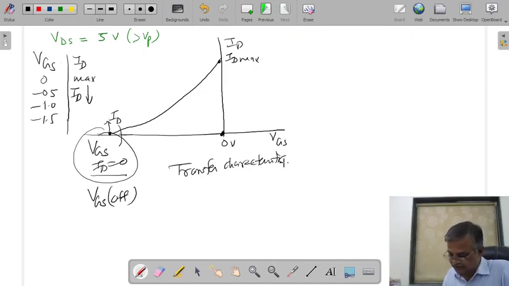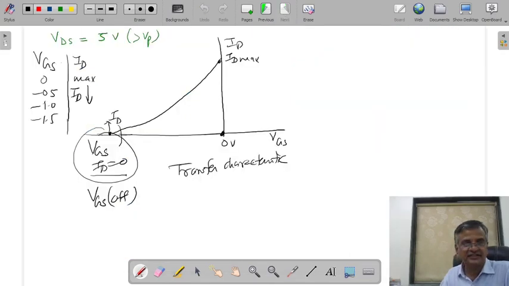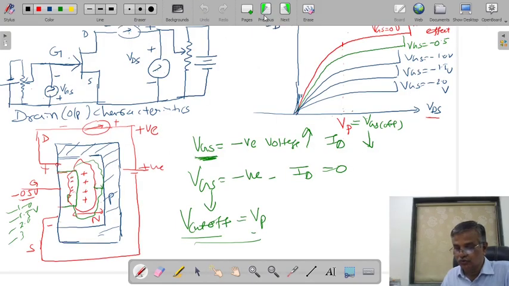So we have seen the two characteristics. One is called output characteristics, second is called transfer characteristics. Both are very useful to calculate the parameters of the field effect transistors. From parameters we can calculate the gain of the field effect transistor amplifier circuit. Actually here I want to keep the end of the lecture, but I will revise the same thing in the next third lecture.